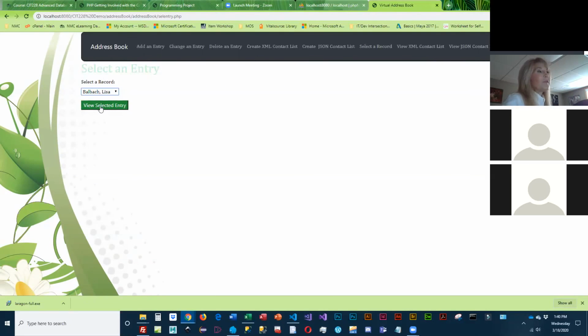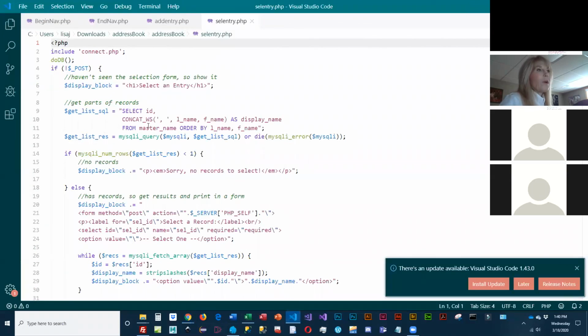But the minute you hit view selected, it has posted. So what it's checking here is to see if it posted or not. Did they hit the button to submit or not? If they haven't, then it displays select an entry, which you saw,